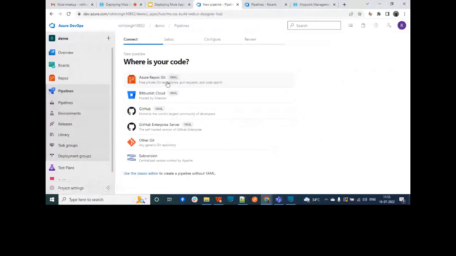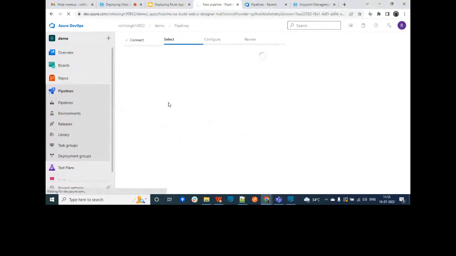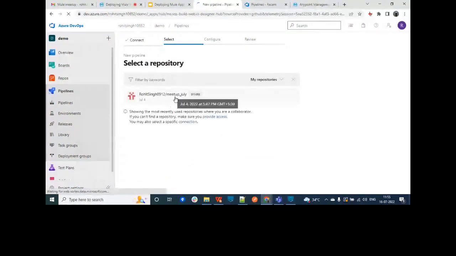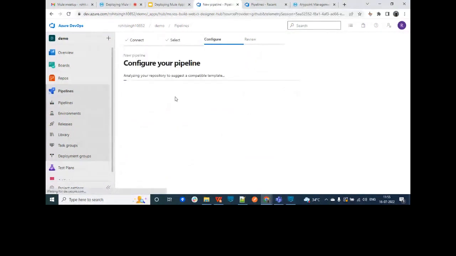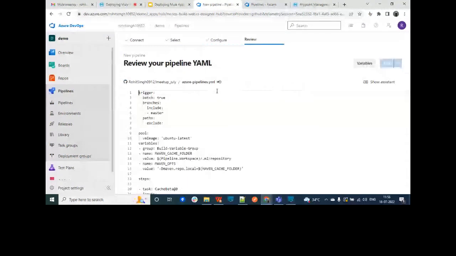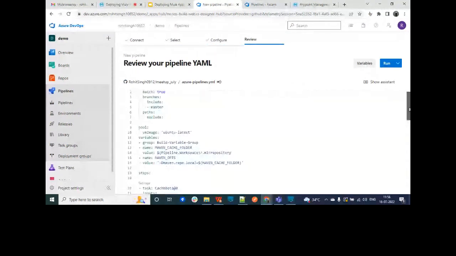Now, where does your code lie, whether it's on your Azure repo, Bitbucket, GitHub, or any other Git. For example, I have already pushed my code to GitHub, so I can directly connect my Azure to GitHub. So click on GitHub. I have already connected my GitHub account. In this, you can see, I can find my repo. Now, in this, you need to have an azure-pipeline.yaml,